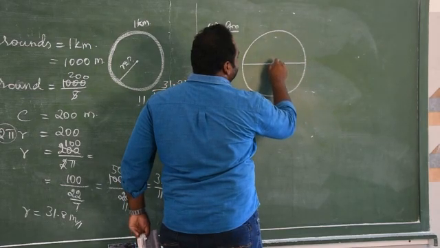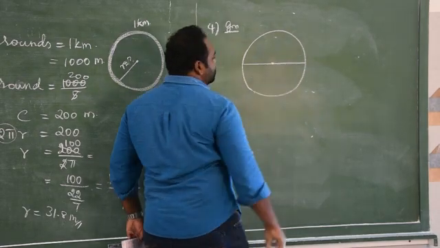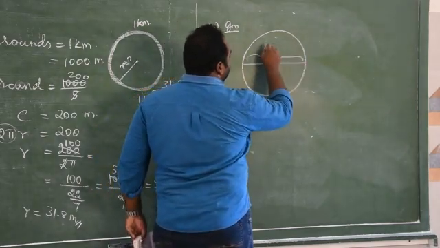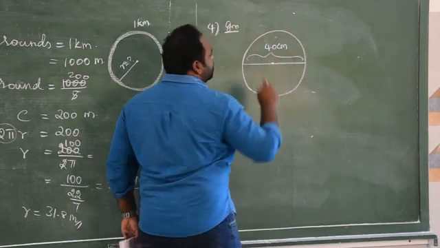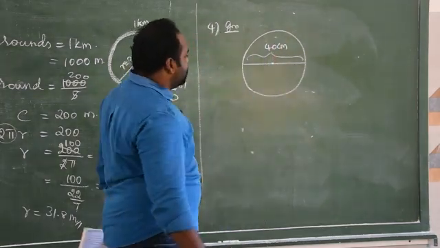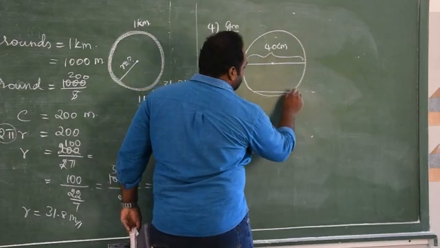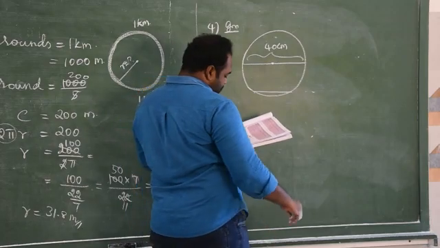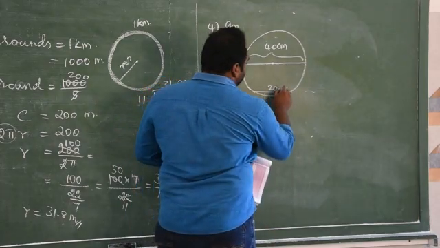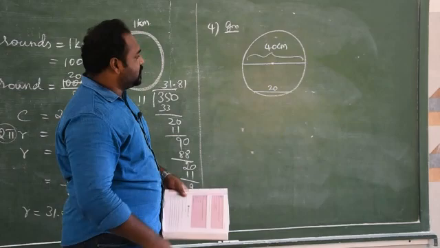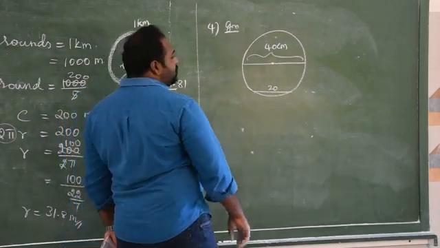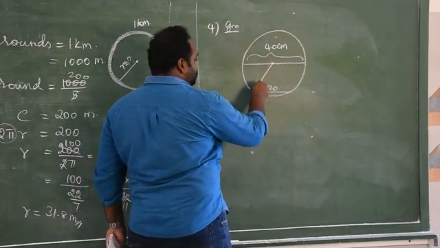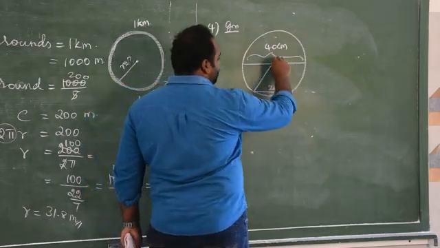diameter. So this is taking the center of the circle. 40 centimeter is the diameter. Here they have given a chord, you know how to draw the chord. So this is the chord, this 20 centimeter, chord distance is 20 centimeter. So here I am going to draw the sector, we know how to draw the sector, this is also a radius, so complete this diagram.